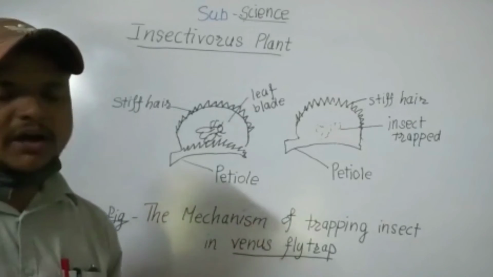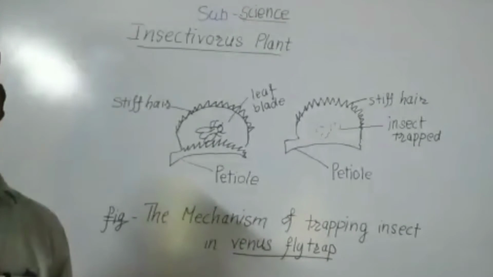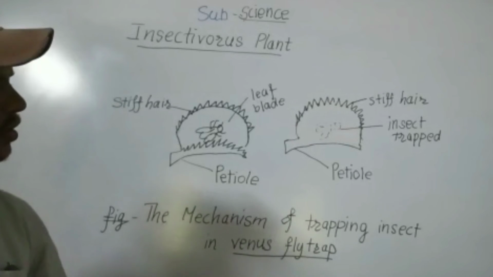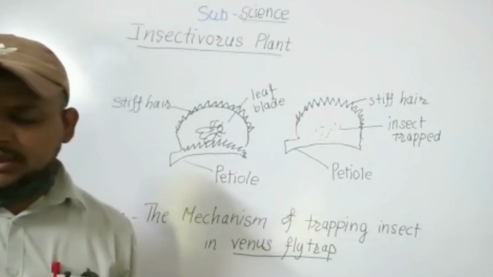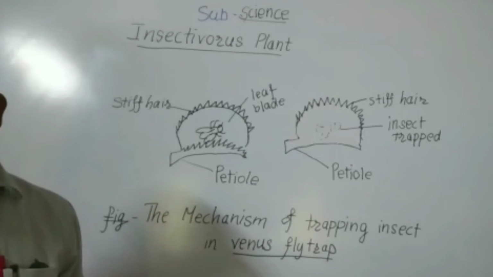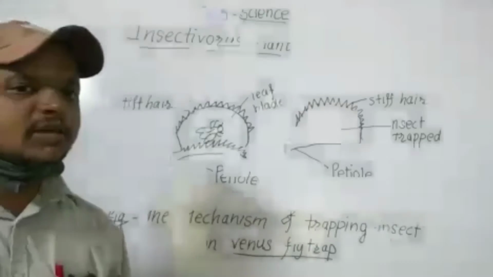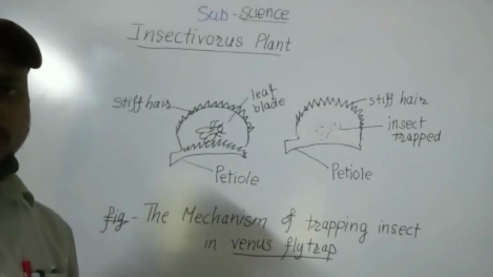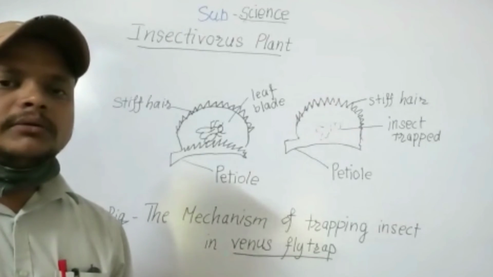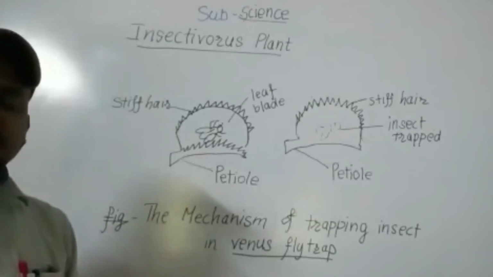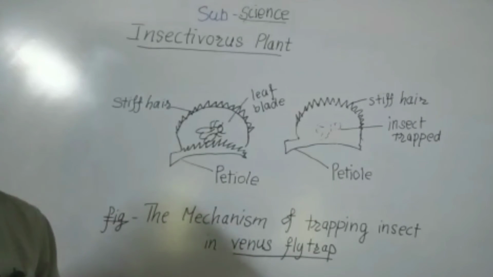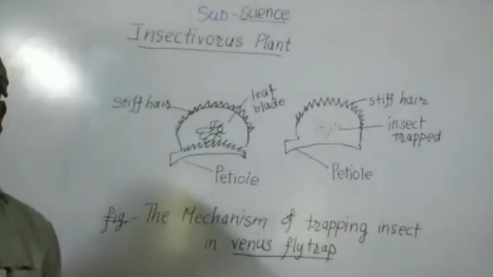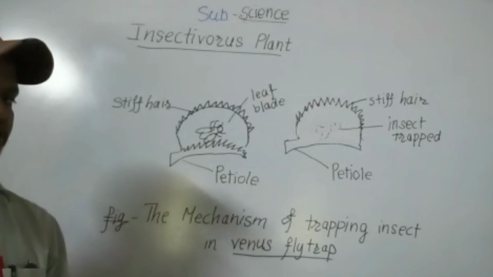As I already told you, sundew, bladderwort, and pitcher plant also have such a mechanism to trap insects. In the next period we will see the symbiotic relationship between two heterotrophs, meaning two heterotrophs combinedly obtain nutrition and help each other. We will also see the difference between parasitic and symbiotic relationships.